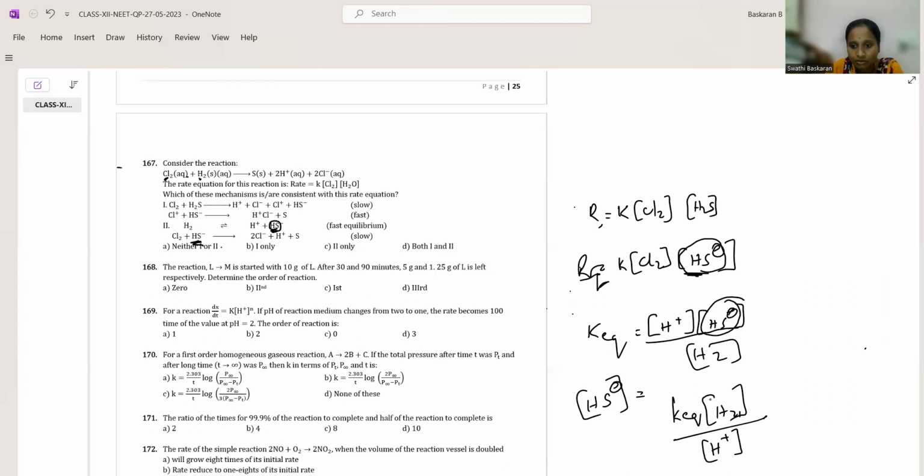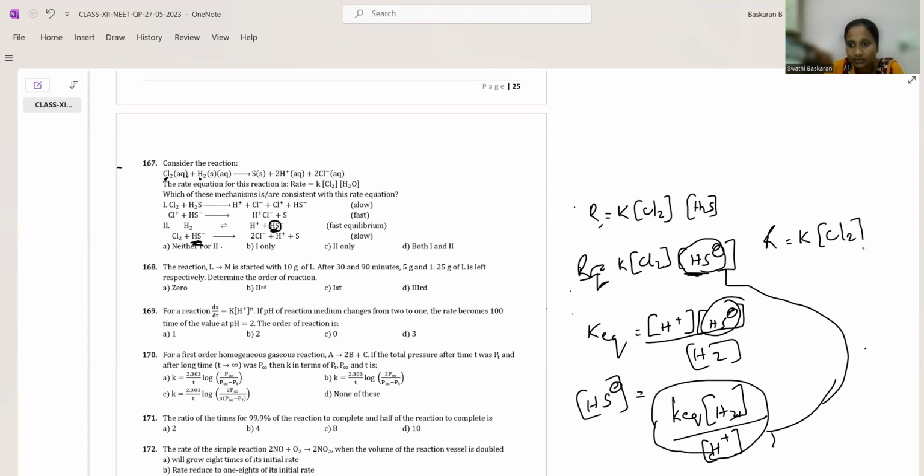Now if you substitute this entire value in the place of here, you need to substitute there. If you substitute there, what do you get basically? The rate is equal to K Cl2, which will be substituted by, once again here, KEQ also comes, KEQ. And here you get basically the concentration of H2 divided by H plus, which is